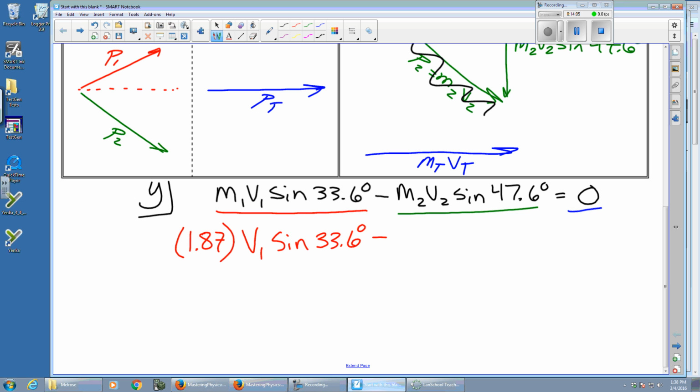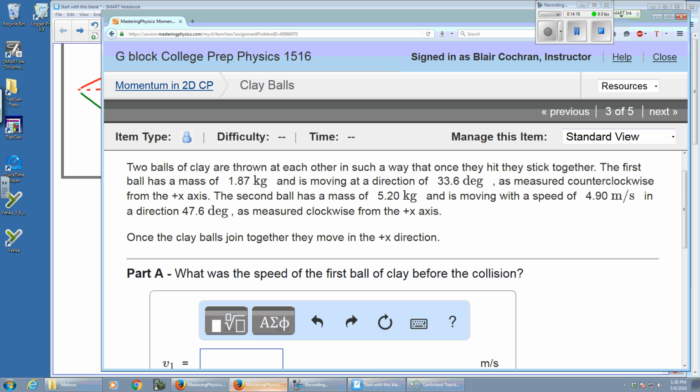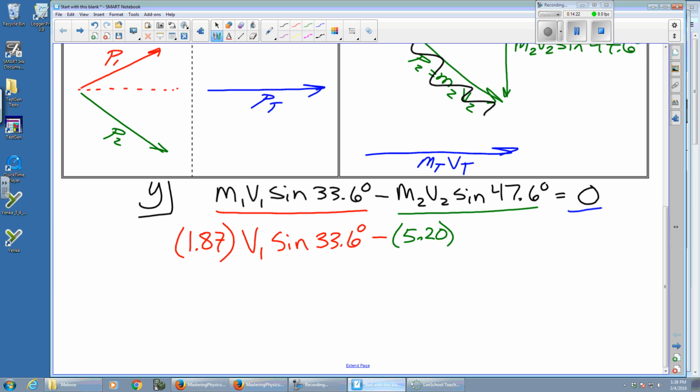I'm assuming yours is close, right? You have 5.2 also? Cool. You got 1.6? And then how fast is that one moving? Mine's moving at 4.9. 4.4, so close. So 4.90